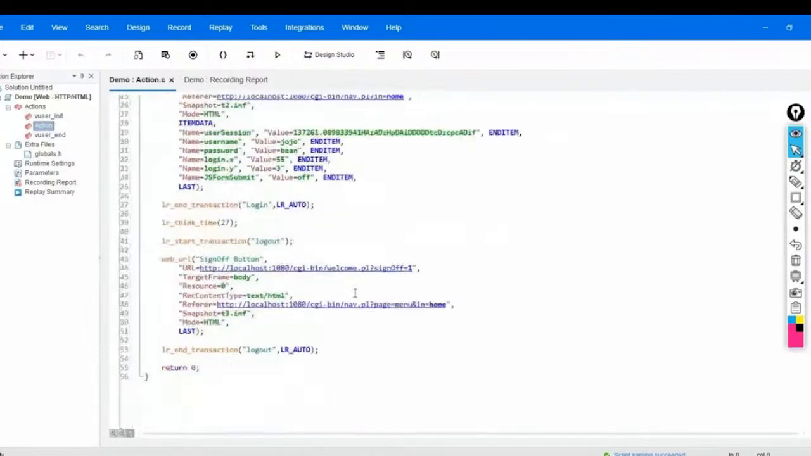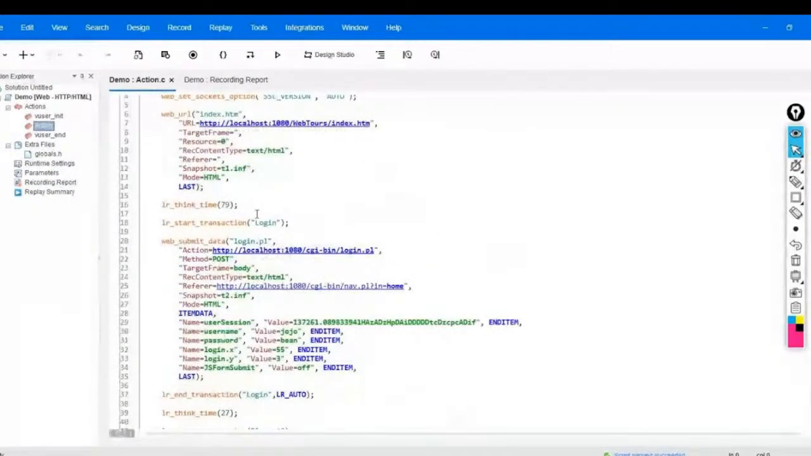To make you understand this piece of code very quickly, just see line number 18, what it says: lr_start_transaction. This is an inbuilt LoadRunner function. So are you getting something if you read this lr_start_transaction? Just a few minutes ago, when I was recording the script, there was a mobile window where I clicked on insert start transaction. I gave the name login. So that particular step